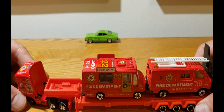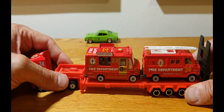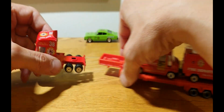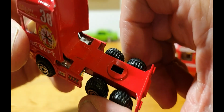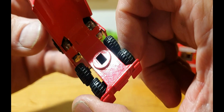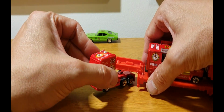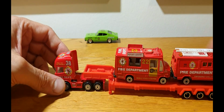I'm just going to have another look at this, because this is only the second time I've looked at it, because basically when I bought it I showed it and then I put it away. You can actually see the fuel tanks through. But like I said, not bad. It wasn't expensive. I don't think it was ever particularly expensive when it was new either. But anyway,